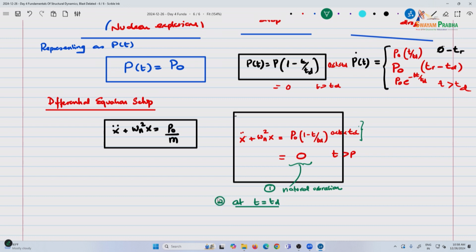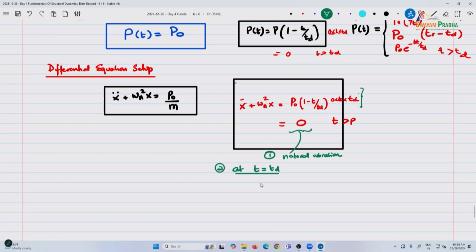The second aspect is at t equal to td, x of td and x dot of td, these become initial conditions for the free vibration problem,